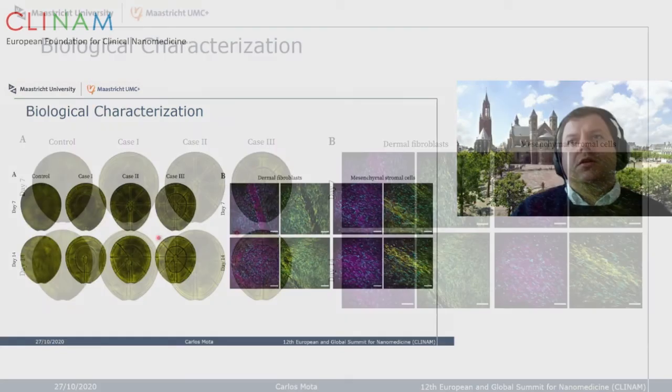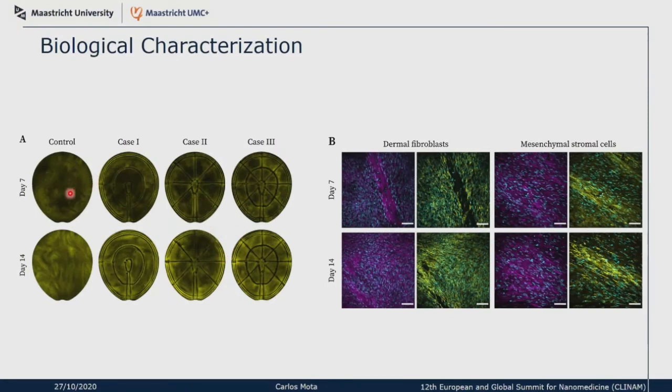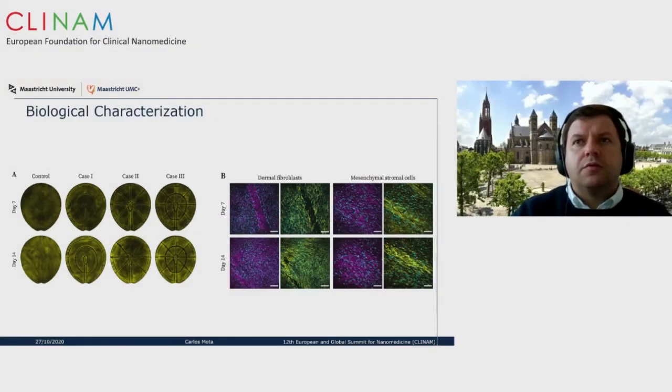So as you can see here, this is a specific collagen staining. On the controls, we have a bit of a random orientation of the collagen fibrils. But then gradually, as soon as we play with the patterns, then we can play a bit with the collagen deposition. It's a bit cell dependent. So on mesenchymal stromal cells, we have a bit more impact of the microstructure on the collagen deposition rather than on dermal fibroblasts. So we are also looking a bit more in detail and also to try to quantify spatially what is the influence of these microstructures on the collagen deposition.